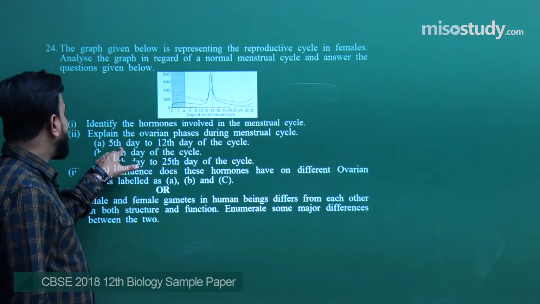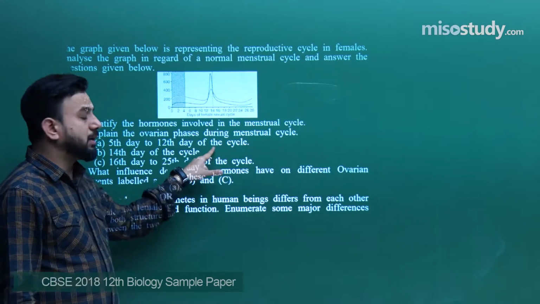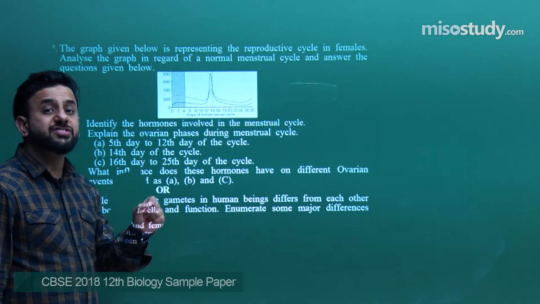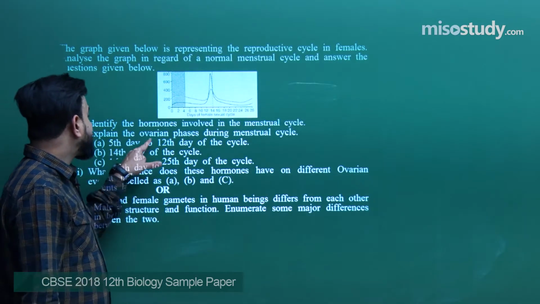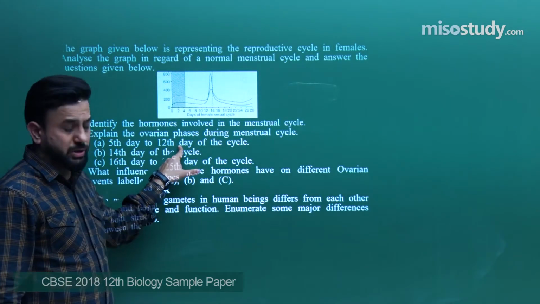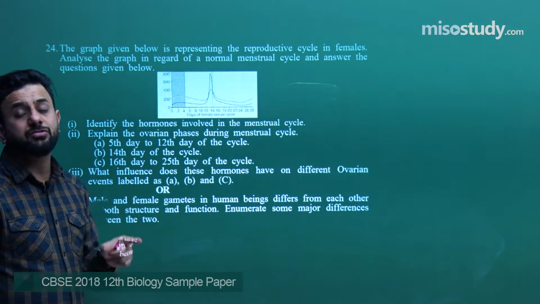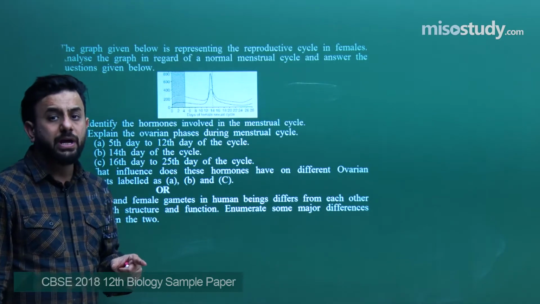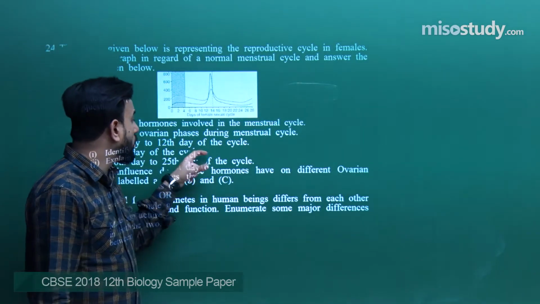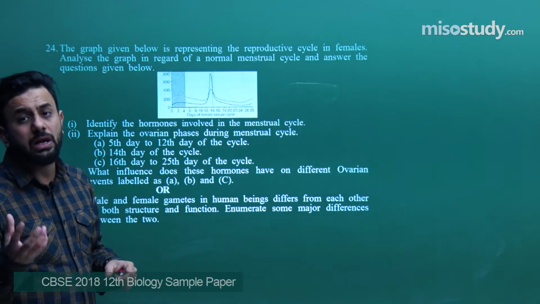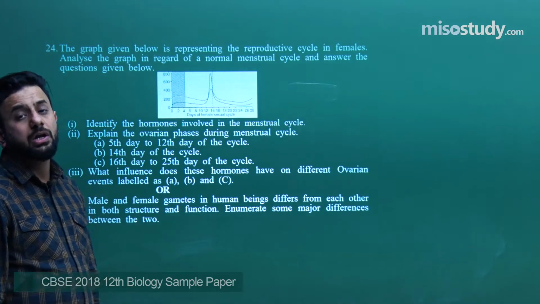During the 5th day to the 12th day of the menstrual cycle, we see that the follicle stimulating hormone is the most active during this phase. This follicle stimulating hormone is released from the anterior pituitary, and it will stimulate the ovarian follicle to